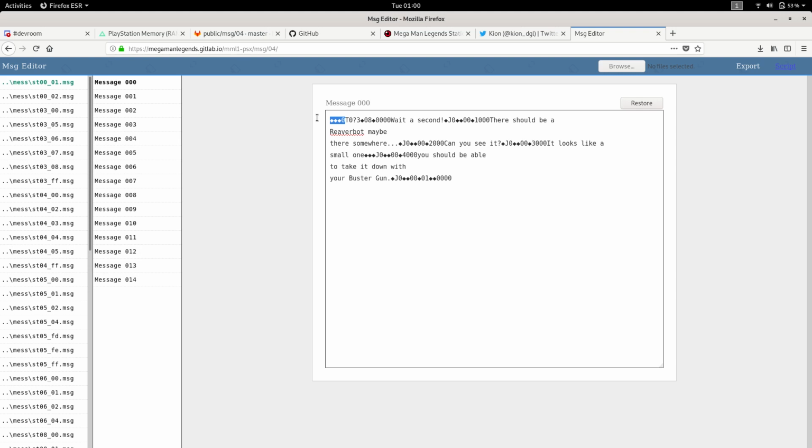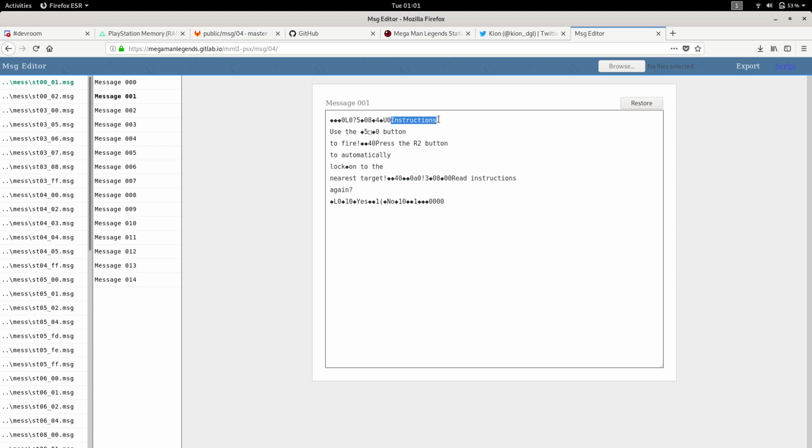So just be careful when you're editing to make sure you only change text and things that you know you need to change, because there's no way to go back and edit around it. Since all the text is encoded, if you click somewhere else and then click back and it's still the same, then that means it's been encoded and decoded correctly. If you broke something and need to go back, I made a quick restore button, and that will reset it back to the original game data. So the way this works,